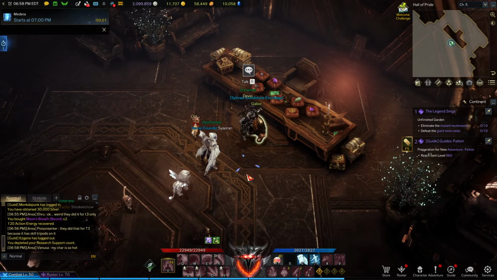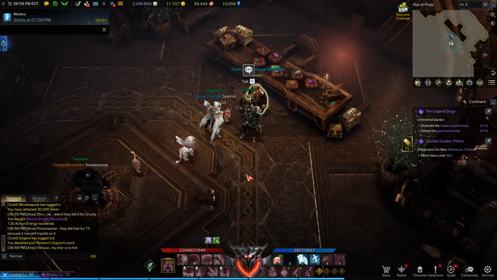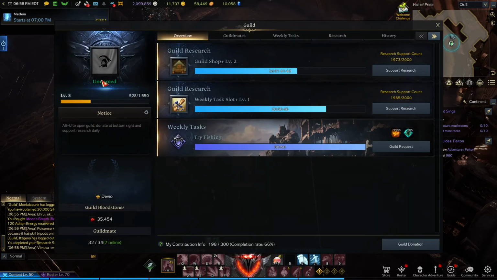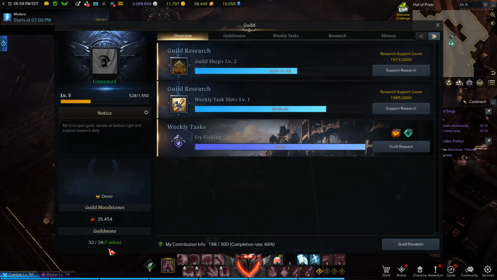So that's pretty much your overview of the guild menu, the guild shop, contribution, and why it's so important, not only for yourself, but also for your entire guild to be able to succeed faster and grow even bigger. We have something like 6 guilds, and it's only because we have about 100 people. So you can get a maximum level of